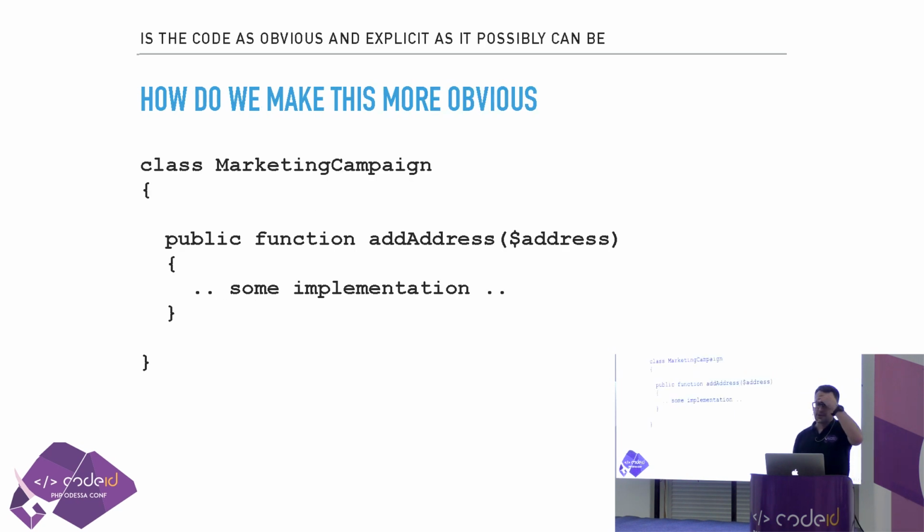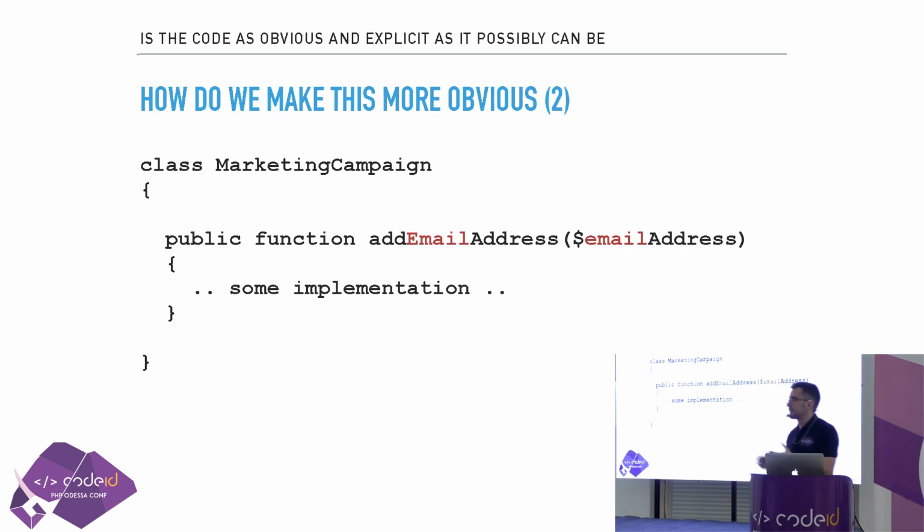And then we have code which, on the face of it, we might think is quite obvious. We've got this class called marketing campaign, and we're adding an address. But what does address mean? Is it a postal address? Is it an email address? Is it something else? So if I saw this in code review, I'd say, well, look, why don't we rename